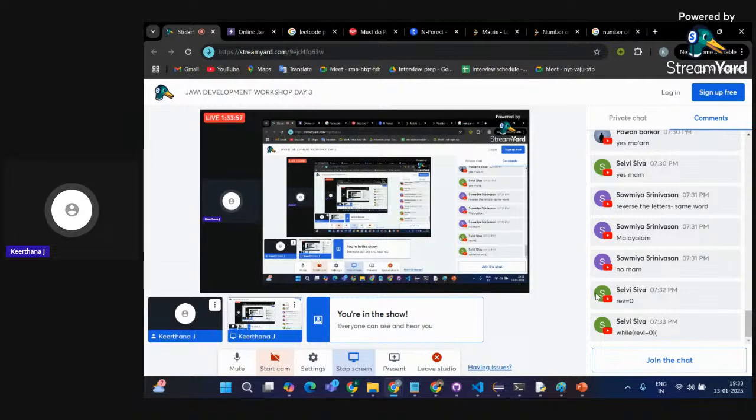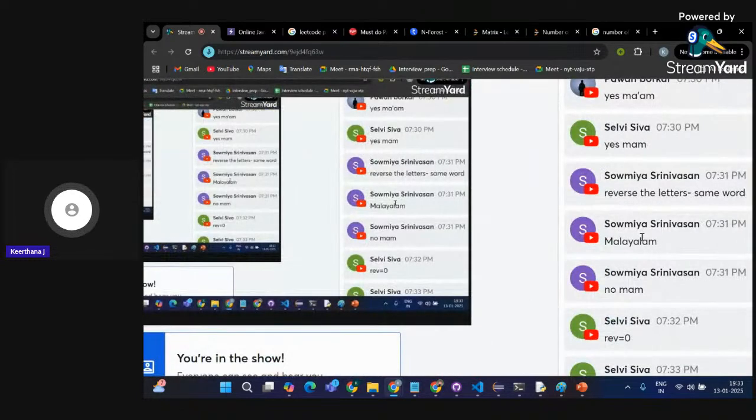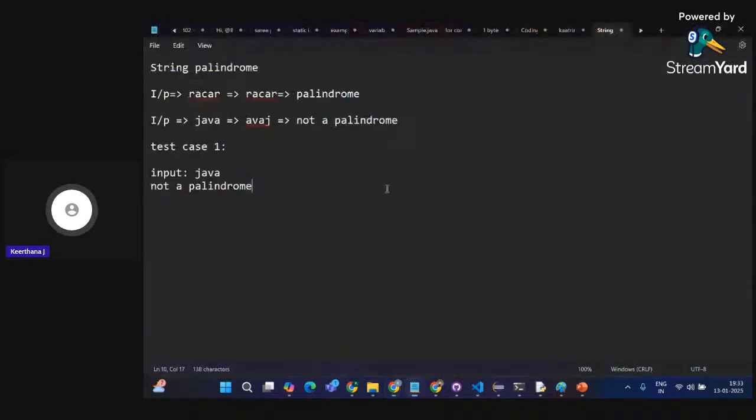You're telling Malayalam, but if your word is like this, Malayalam, it must not be a palindrome, because it is case sensitive, right? So only if your word is like this, it is a palindrome.